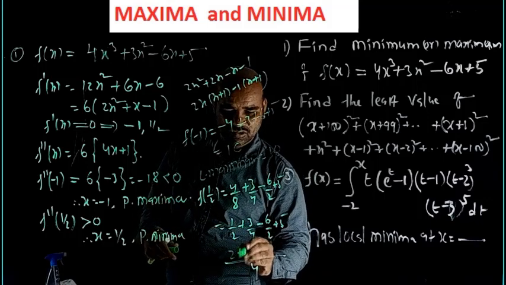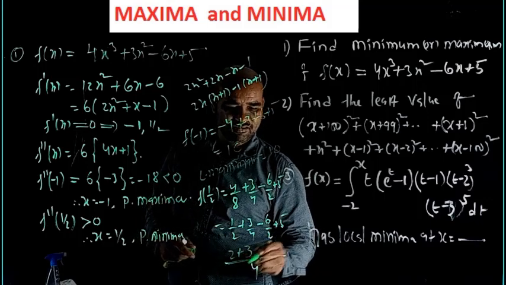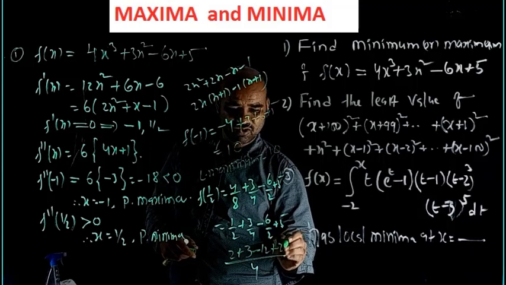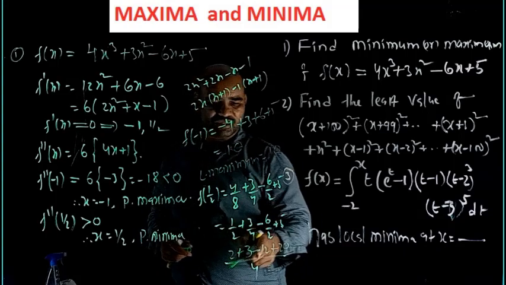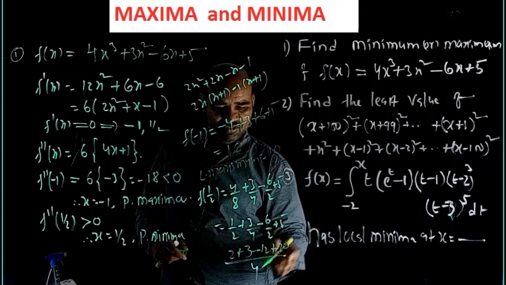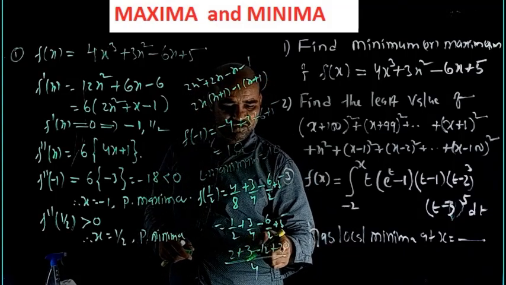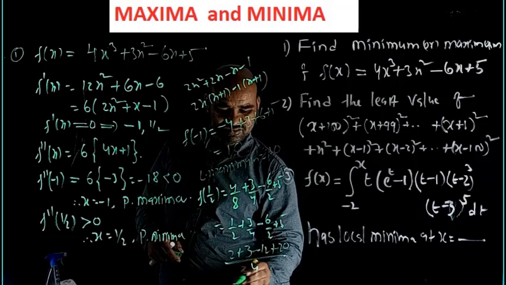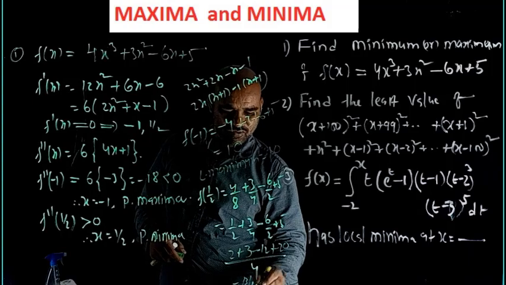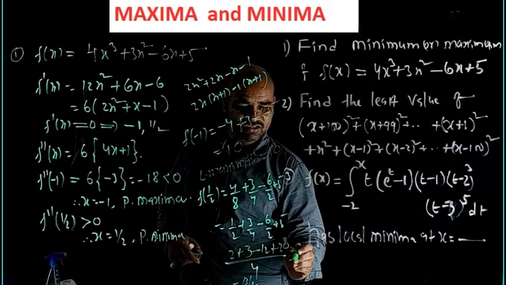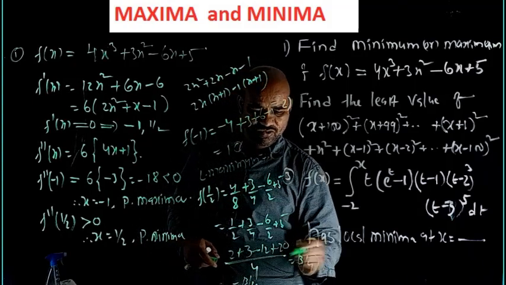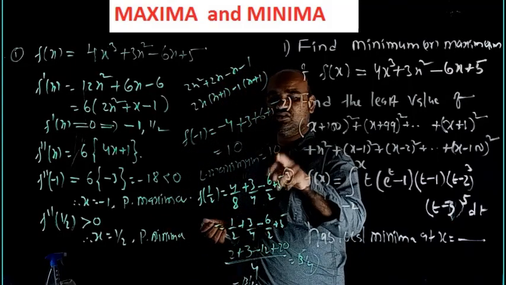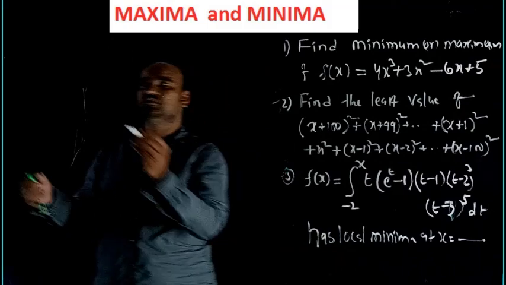2 plus 3 minus 12 plus 20. Okay? 2, 3, 6; 2 sixes are 12, plus 20 is 23. Here plus 8 gives 13. So 13 by 4. Therefore, this is equal to 13 by 4, which is the global minimum. Global maximum is 10. Students, next problem.